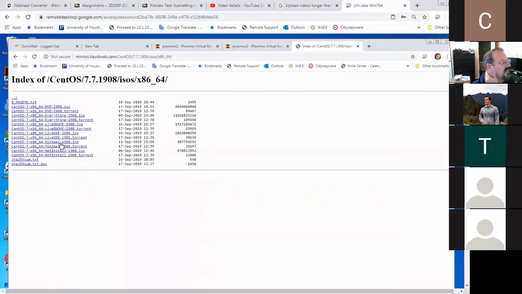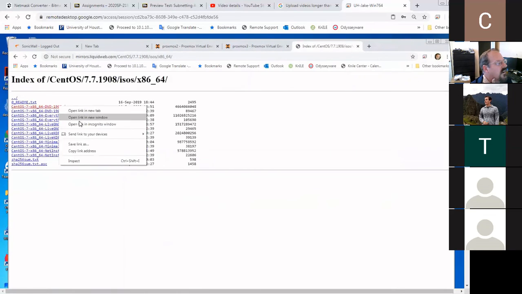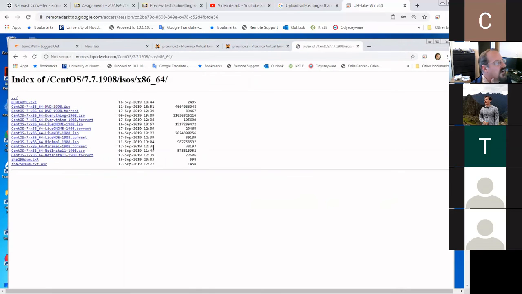Actually, rather than a net install, I'll just go ahead and get one of these. Let's get the DVD. You don't want the everything, that's too big. Let's not do the net install because we had some issues with that. The minimal you've already installed. Live, we don't want that because that's not an installable version. So let's just get that one. I want to right click on that, copy the link address,